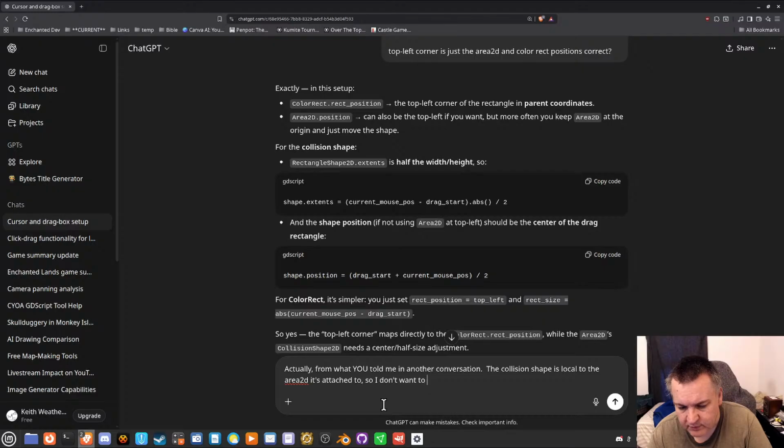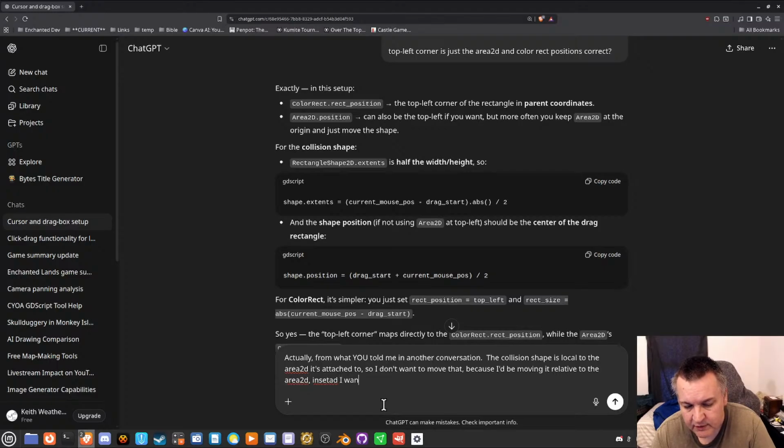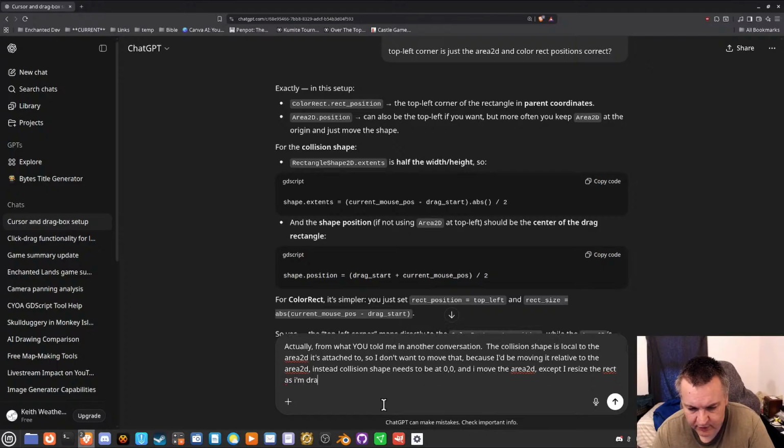So I don't want to move that because I'd be moving it relative to the Area2D. Instead, the collision shape needs to be at 0, 0, and I move the Area2D, except I resize the rect as I'm dragging.